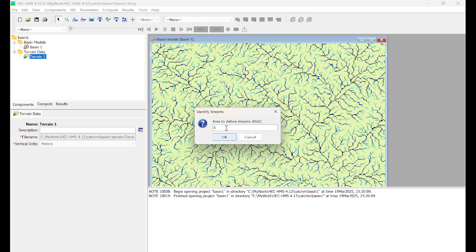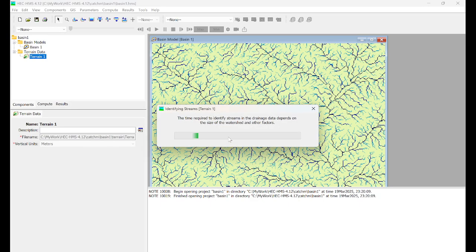So I will put 500. You can put 1000 also. It all depends on how big your catchment is, and based on that, how many square kilometers you want to use to delineate the streams, right? So okay,